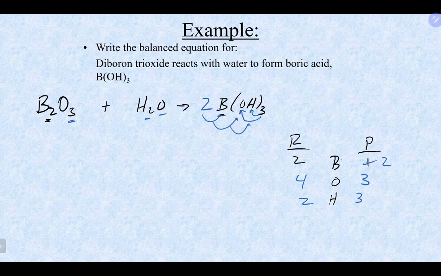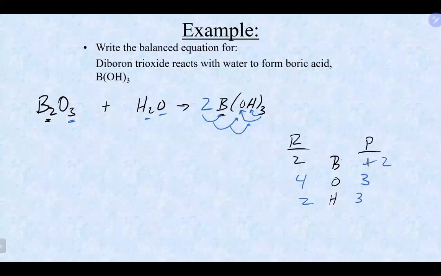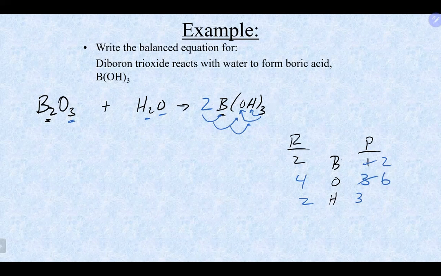So when we get to the oxygen, we basically need to multiply the 3 in, and then 3 times 2 is 6 by multiplying it out. Same thing here for the hydrogen. We multiply the 3 in, and 3 times the coefficient in front, which would give us 6 as well. Clearly, we can't do much at all anymore on the right-hand side, so we're going to go to the left-hand